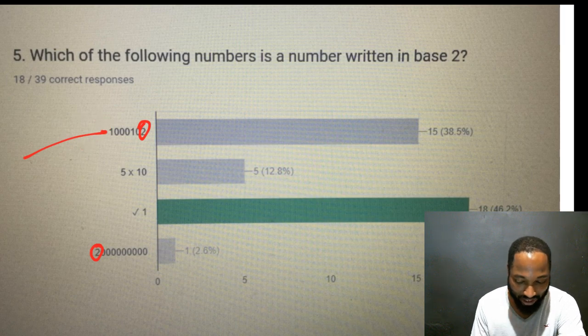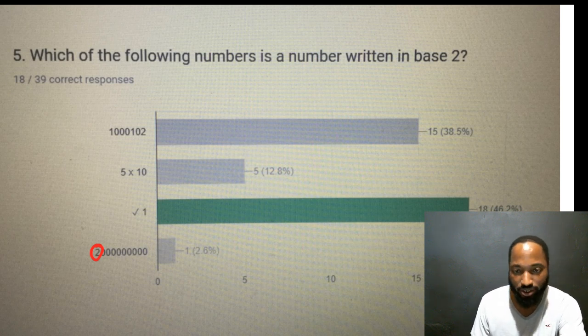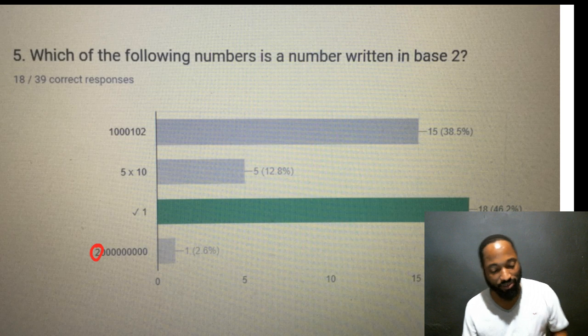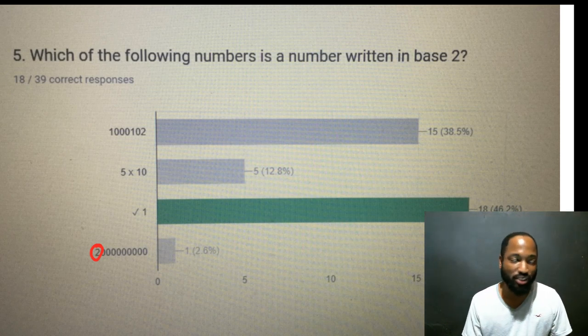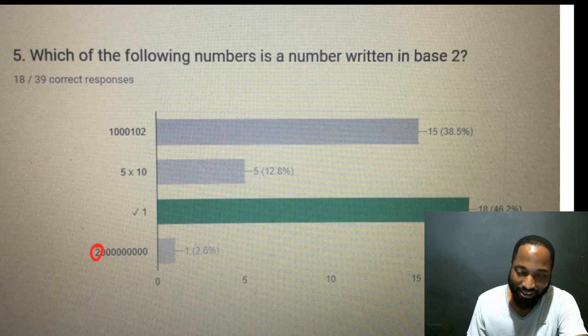But it's not correct because once you're talking about a number in base 2, you can't write 2. Only 1s and 0s. So this is another tricky question, and a good few people fell in the pit. So now you know what to look out for in terms of what is a base 2 number. These are like the multiple choice questions that CXC may be forced to bring next year because we decimated the multiple choice this year. Alright, let's look at the other tough questions. Two or one more? Two more, I think. One more.